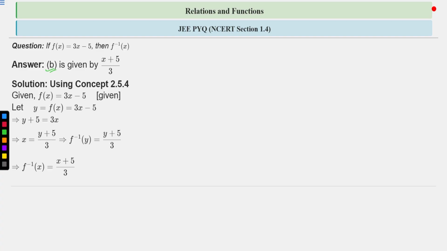So if we need to find the reflection of any function across a constant line, right? If the constant line is y is equal to x, then we will calculate the inverse of the function. And if the line is another line, then we will take the reflection of that point, which we have already learned in class 11th, right? How to take reflection of any point, right?